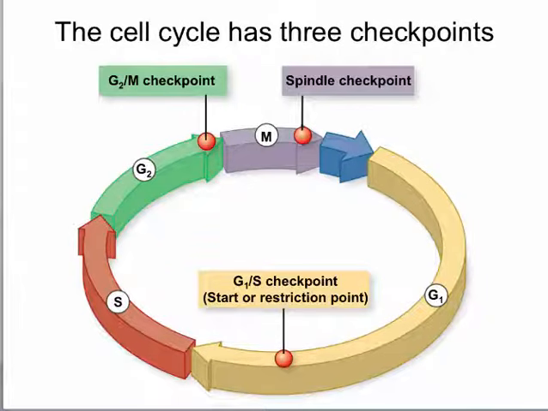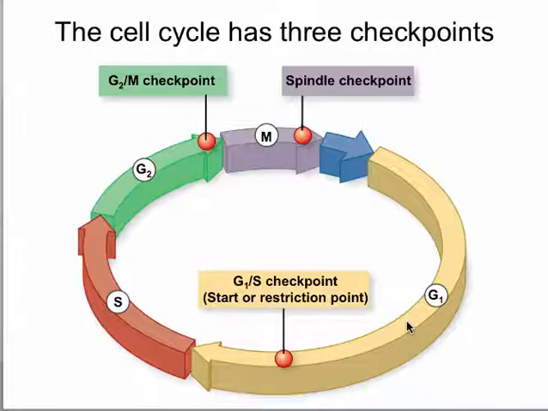So now let's look at the three main points in which a cell decides to commit to cell division, and it checks on itself and makes sure that it is ready to continue to the next step. The first step starts in the G1 phase, and this is the phase where most cells spend their time, and if you look at a cell at any point in your body, more likely it is going to be in the G1 phase. This is when the cell is active and is doing whatever that cell is supposed to do. And that cell decides to divide.